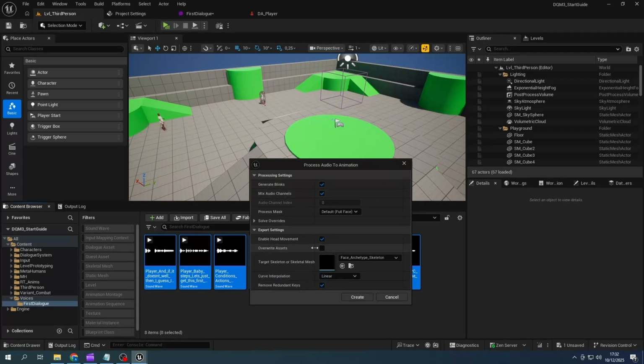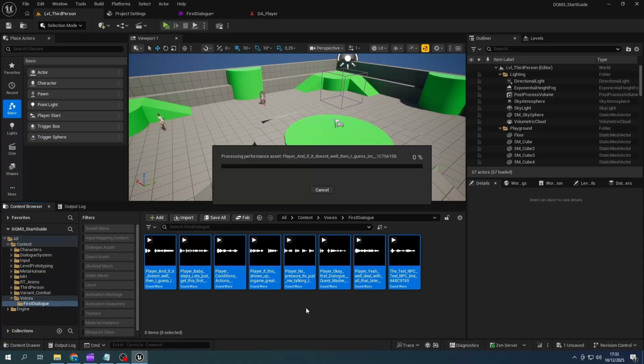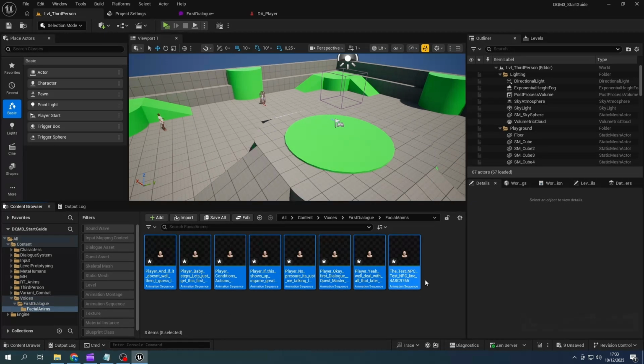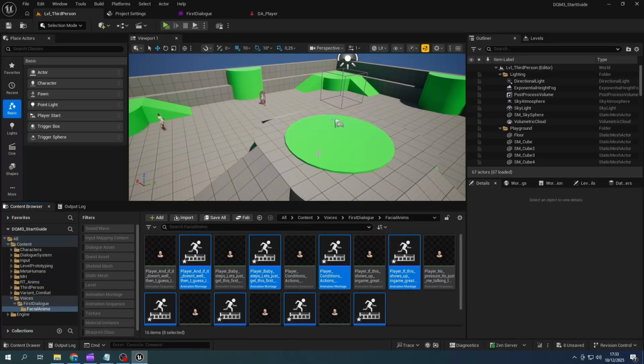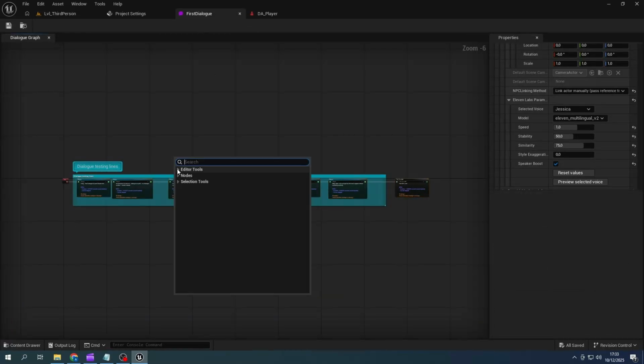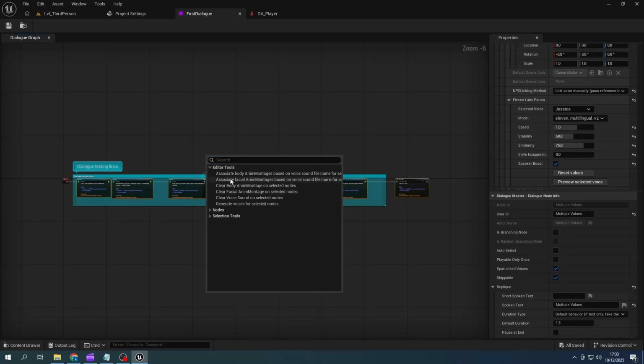In the options window that appears, make sure that Target Skeleton or Skeletal Mesh is set to the face archetype skeleton used by our MetaHumans. Remember, this is the one located in MetaHuman's common face. Then click Create. Once the facial animation sequences are generated, right-click them and choose Create Anim Montage. Return to the dialogue editor, right-click, and select Associate Facial Anim Montages based on voice sound file name for selected